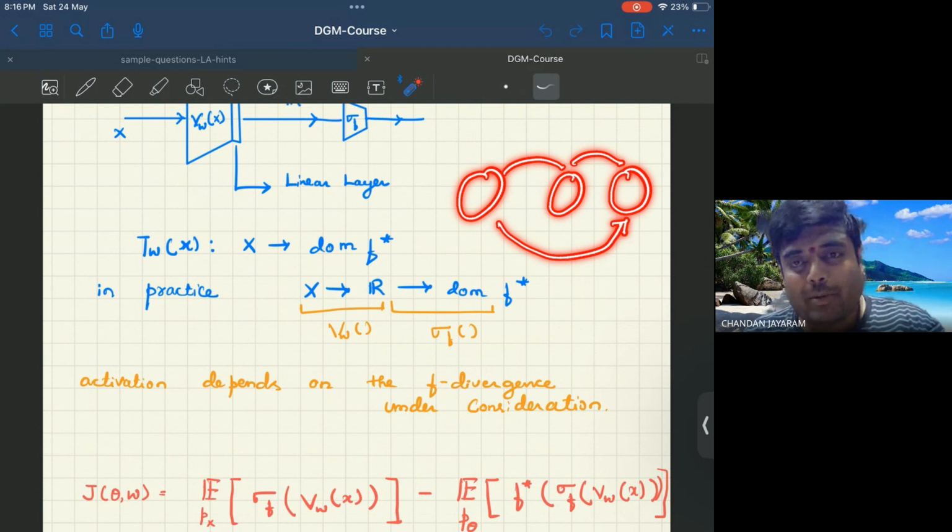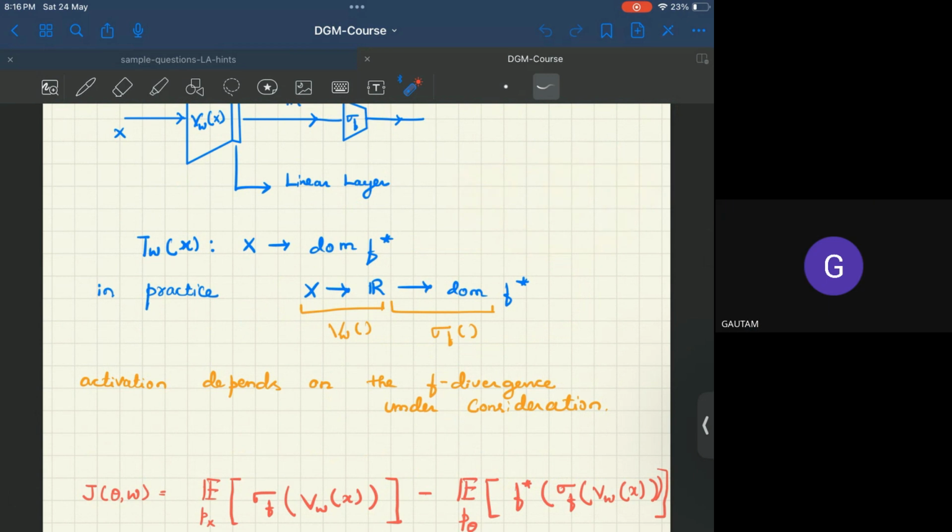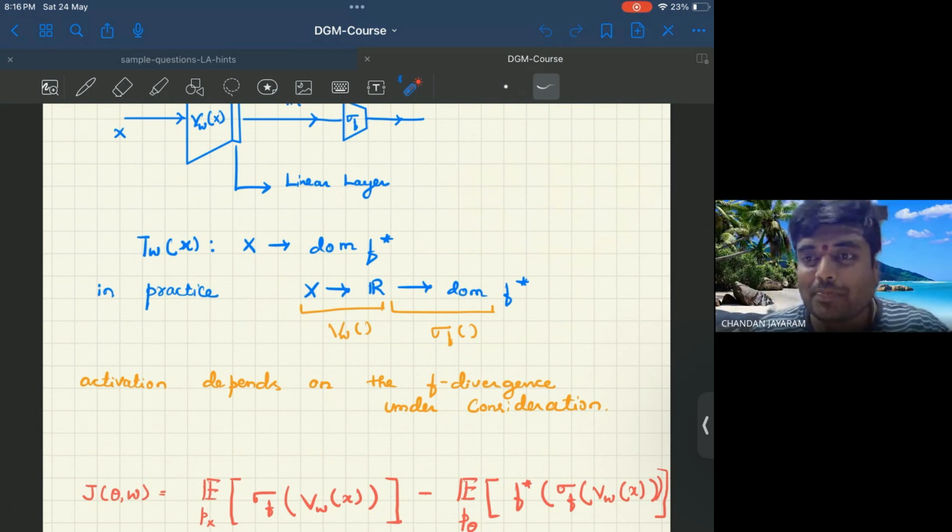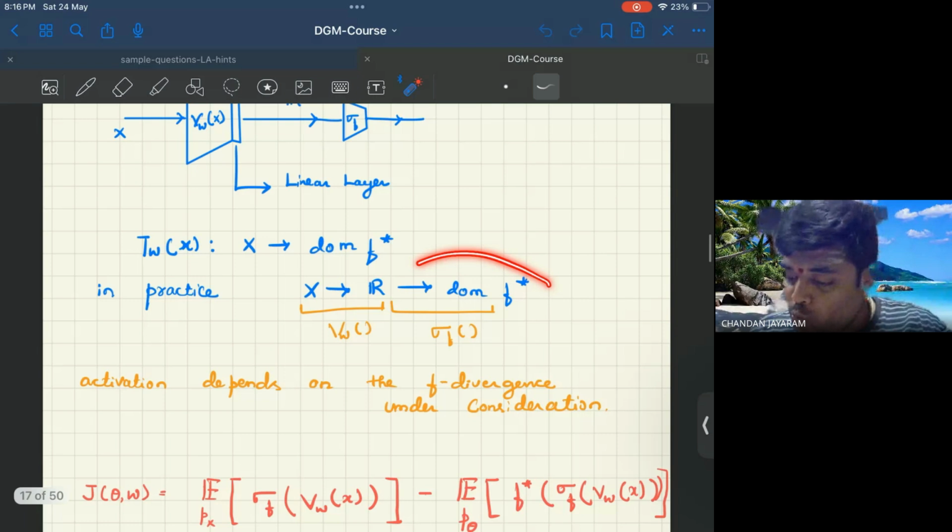Now, for all practical purposes, both are the same. This is function one, function two, function three. Whether you go here and here, or you directly go here, for all practical purposes it's the same. We needed to use this.